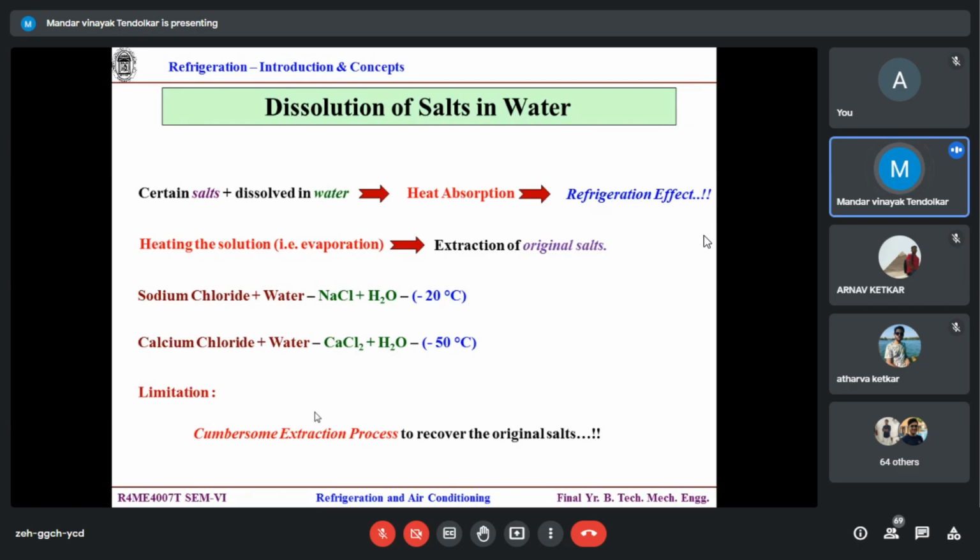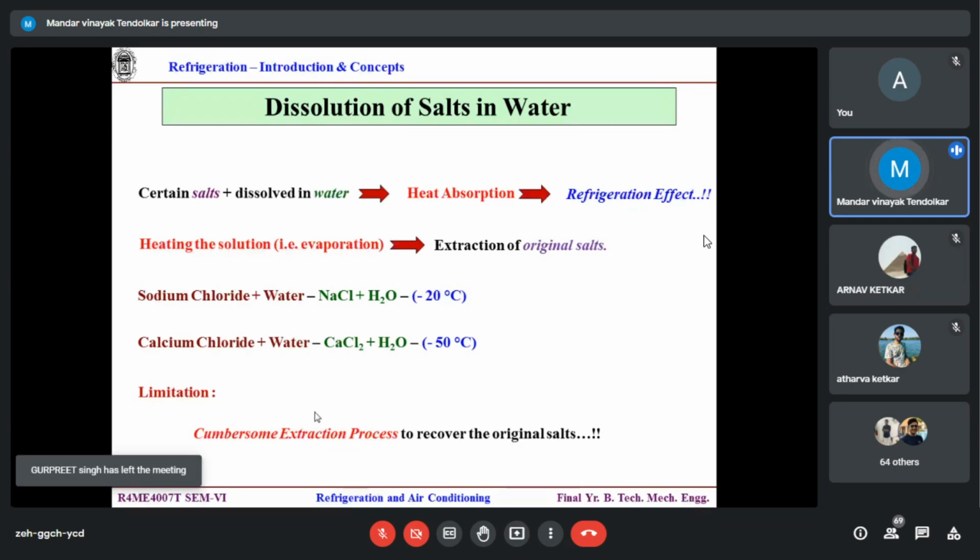So refrigeration effect of the water, let's call it liquid. Then you heat it, let the water evaporate, and finally what you get as the remaining part is the salt. It is a tedious, cumbersome way of completing the cycle,